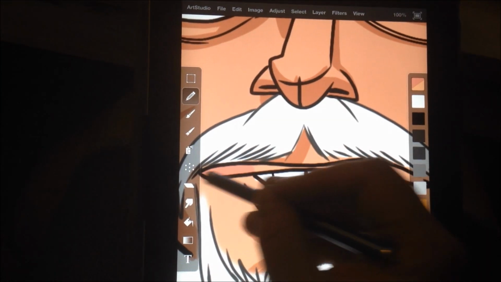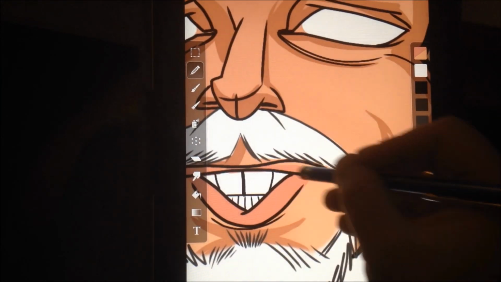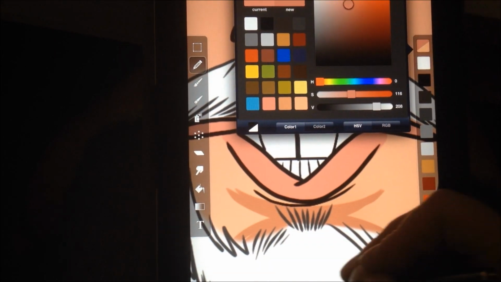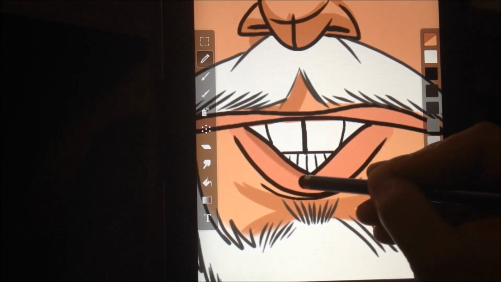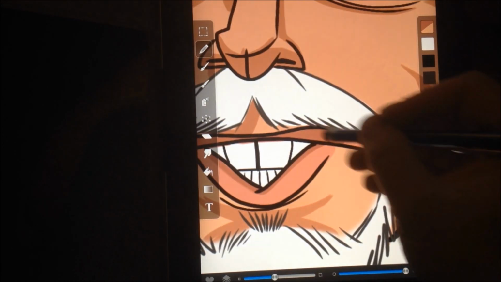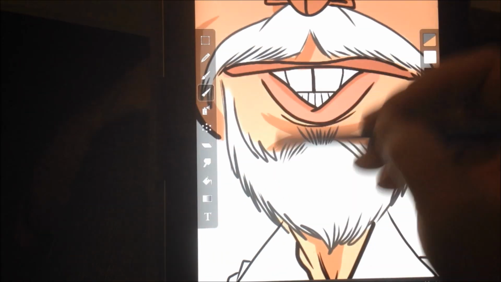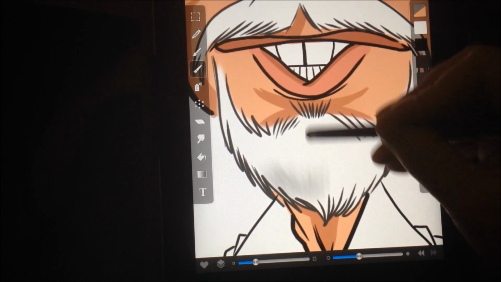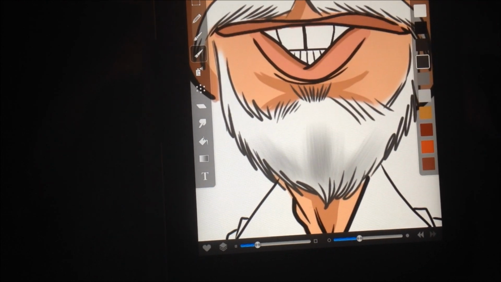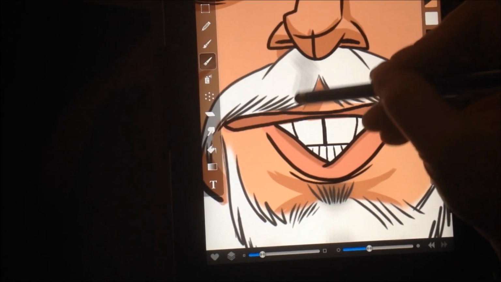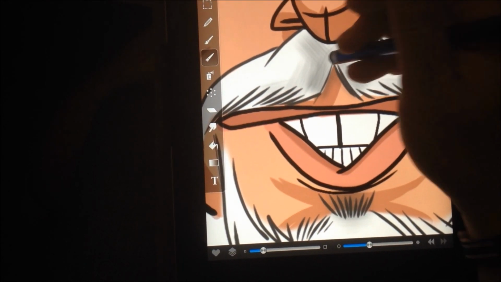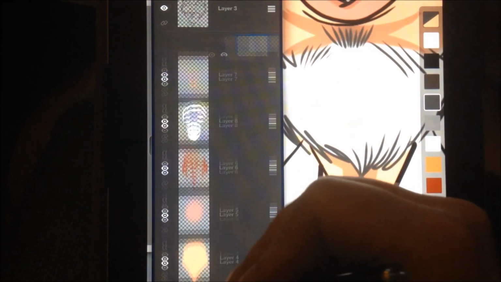One more layer above. What I'm doing now is I'm just coloring in his lips with a flesh tone that I have in my pre-made palette, which I could show you how to make in the very first caricature app tutorial. And now I'm using one of the paint brushes to add some strokes to the goatee to give it a little more texture. I'm just using a light and dark gray with the opacity knocked down a little bit